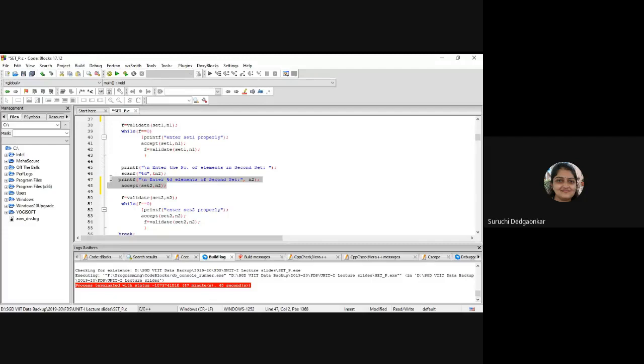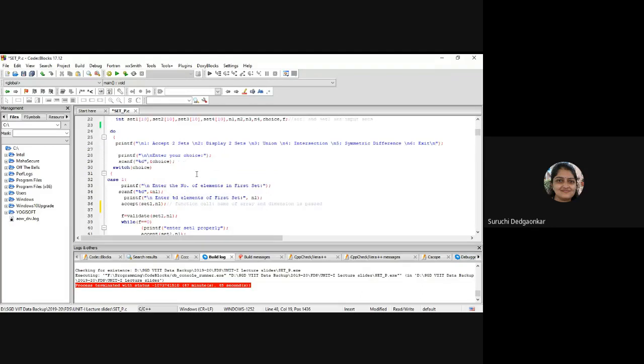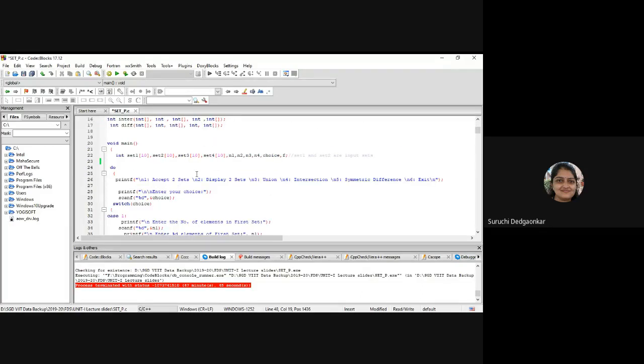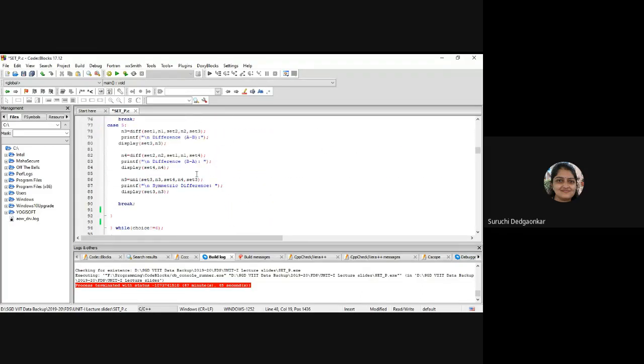Clear? And now what is remaining in function designing? So third part is, yes, definition of the function. Isn't it? We have done the declaration of the function, calling of the function. Calling can be done multiple times. Declaration and definition should be only once. Okay, so we will do the definition.